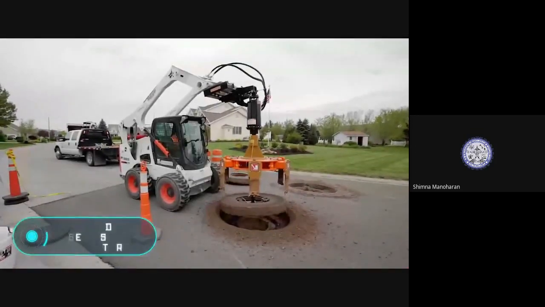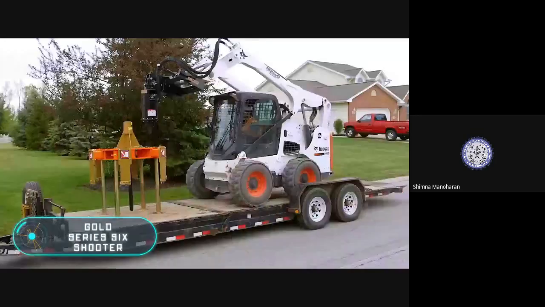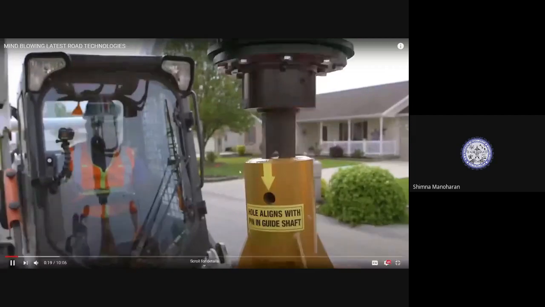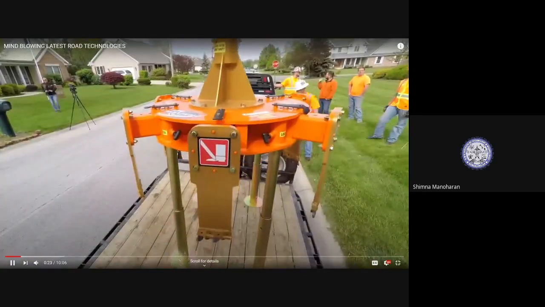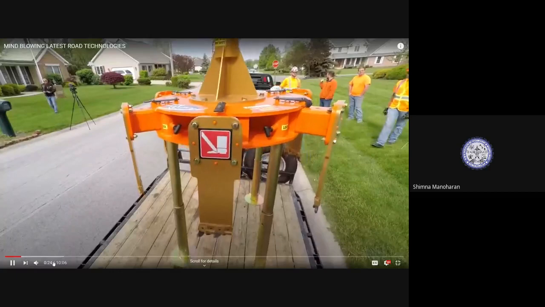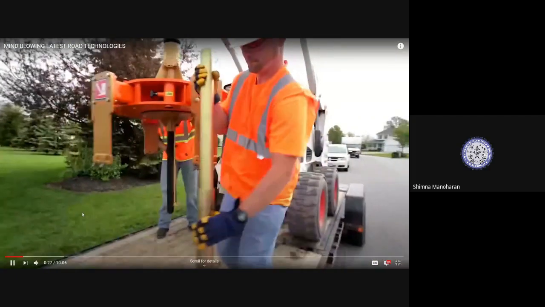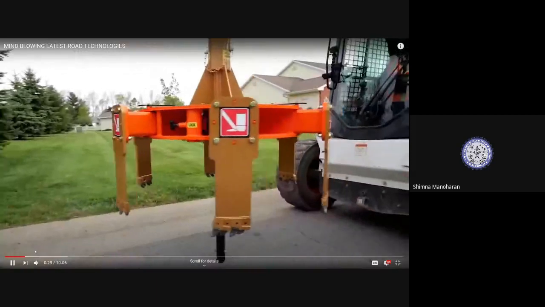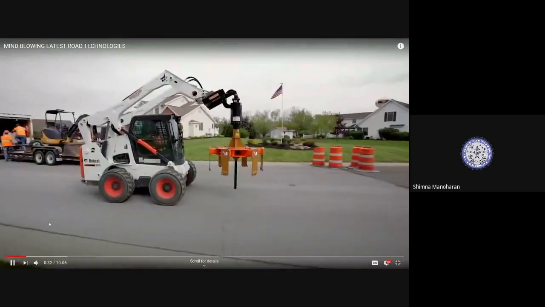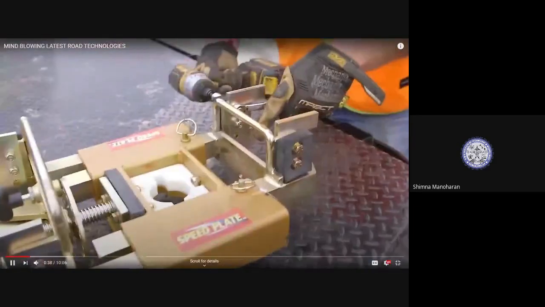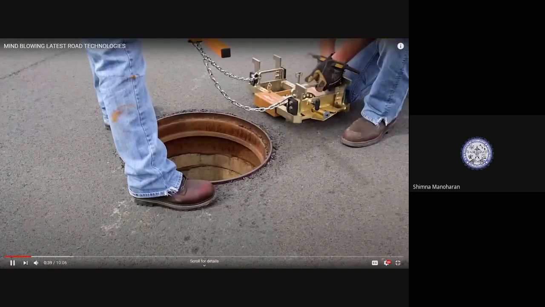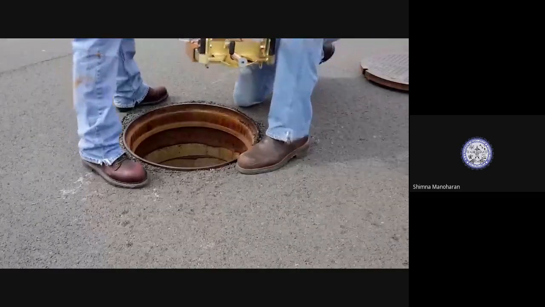Gold Series 6-shooter. Traditional methods for removing and repairing manholes on roads are not perfect. People have to perform tedious, time-consuming work, which moreover is extremely unsafe. Fortunately today, new machines are being invented that allow performing the procedure faster, easier, and safer. The most difficult stage of the adjustment of manholes is the removal of the frame, because it is built into the asphalt surface.